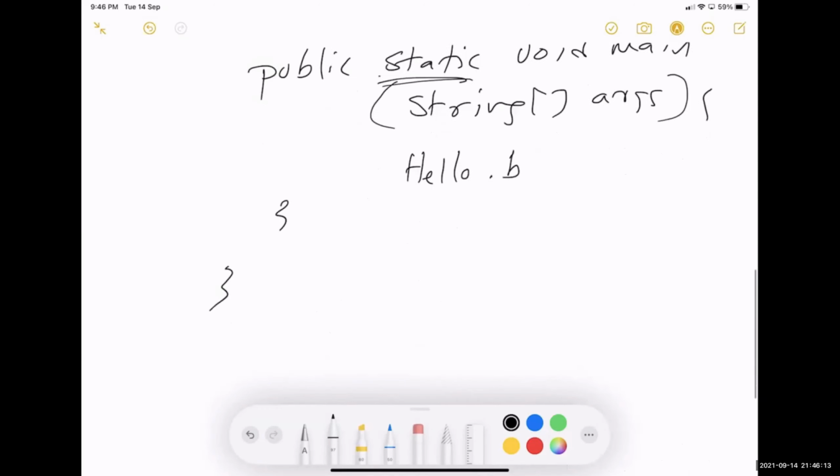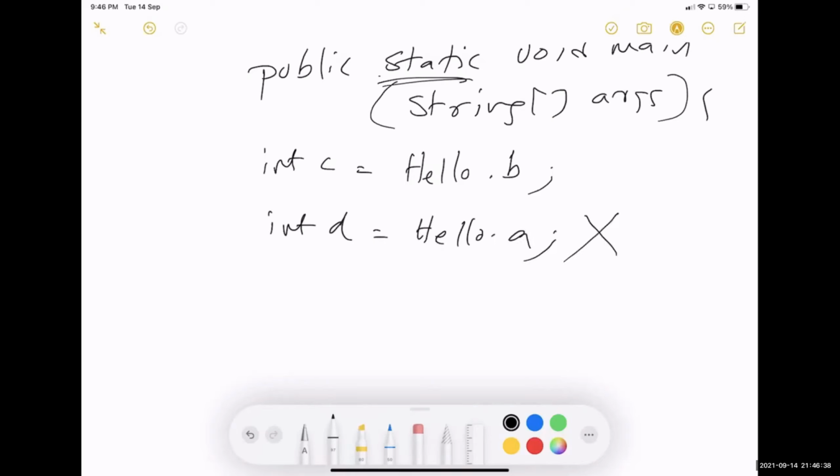I can say Hello dot b. You can say int c equal to Hello dot b. If I say int d equal to Hello dot a, this will not work because a is an instance variable.